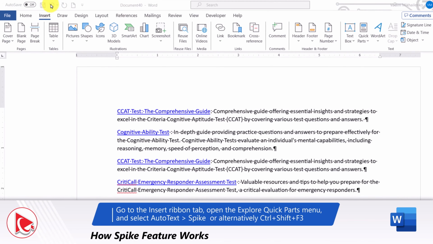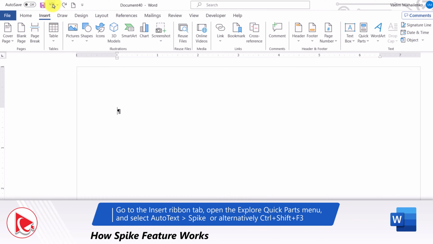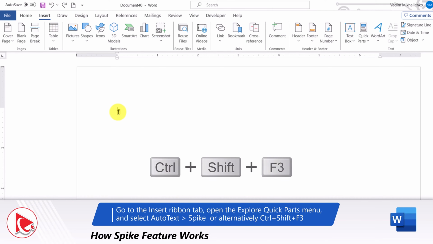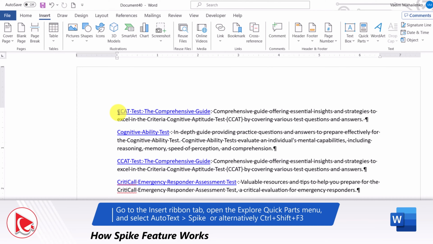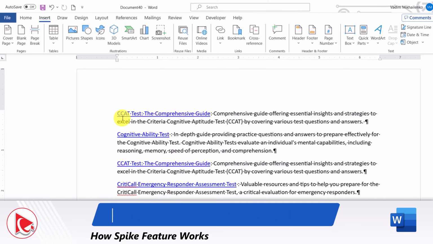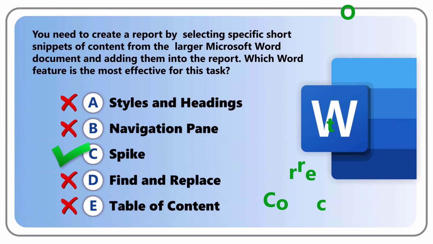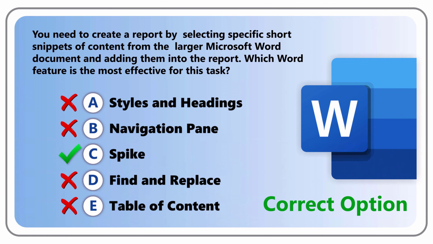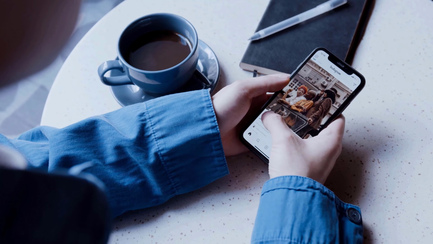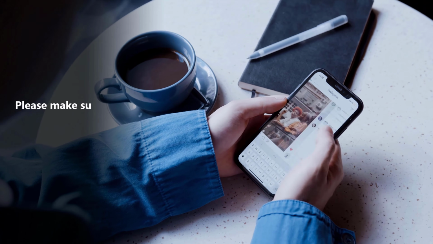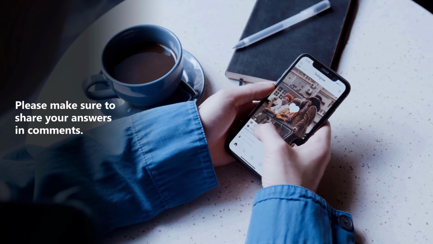Let's undo this action, and I'll show you the quick shortcut that allows you to do the same thing. You can press Ctrl-Shift-F3, and it will paste the text directly by using the keyboard shortcut. So the correct answer here is choice C, using the spike feature of Microsoft Word. If you came up with a different or perhaps more efficient approach, feel free to drop it in comments so